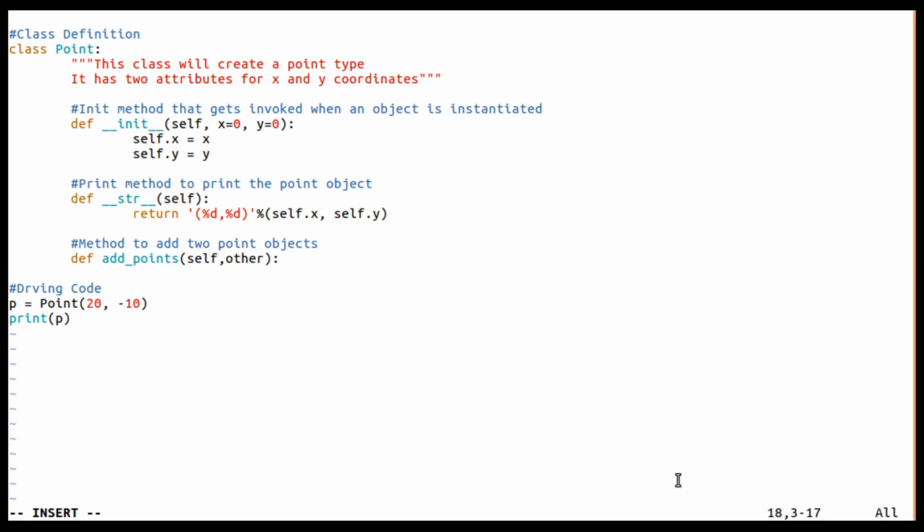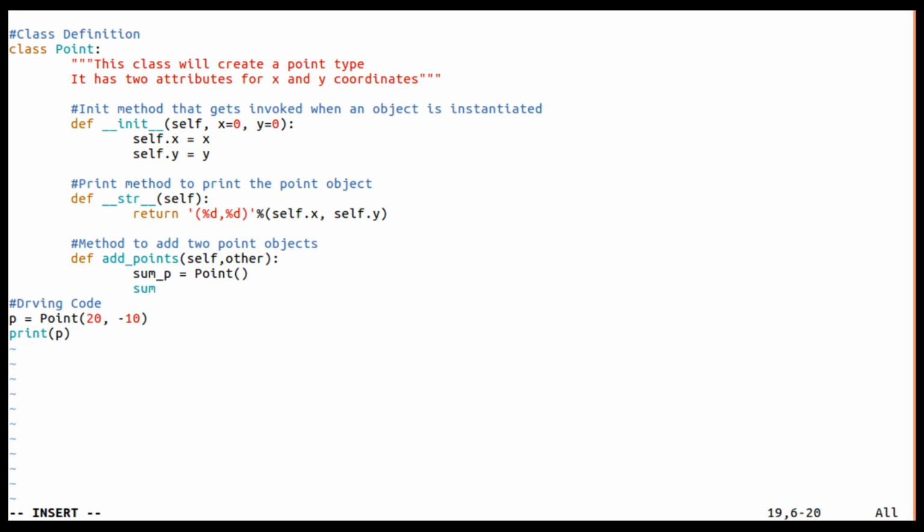Here it should return a sum of two points. Because of that, I am going to create one new point object whose name is sum underscore p.